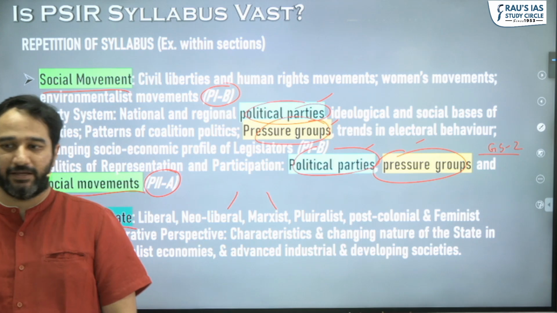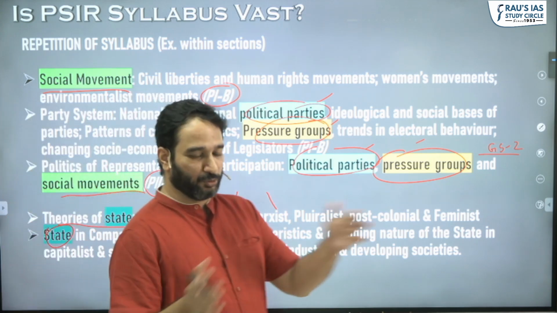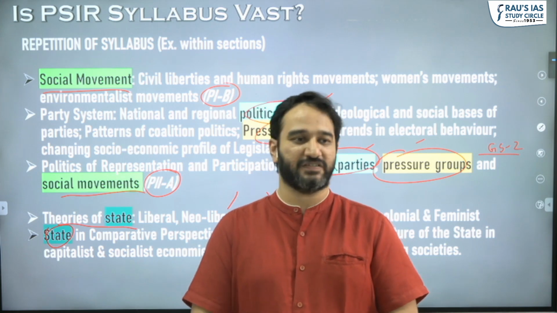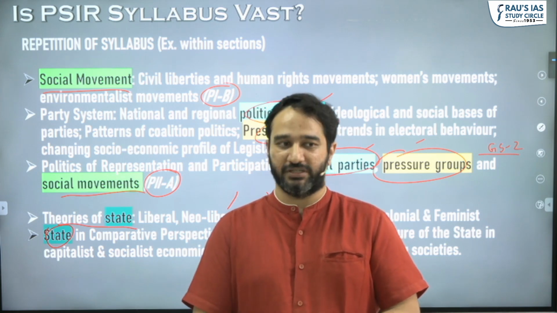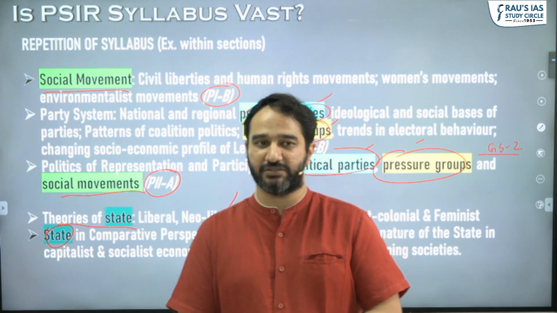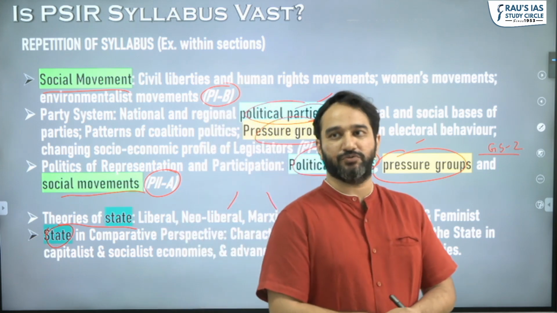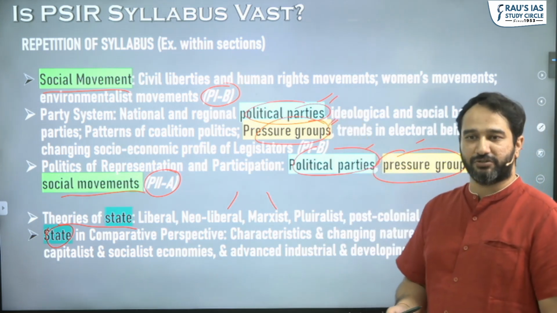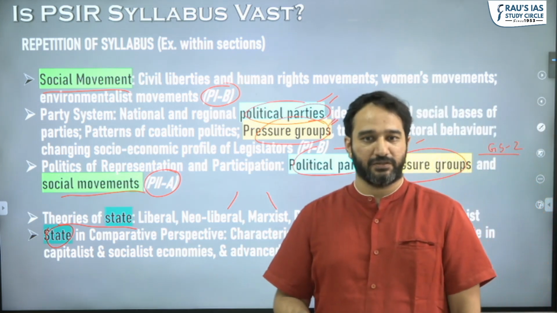repetition. And because of repetition, when you open up the syllabus, it seems way too long as compared to the PubAd syllabus or other syllabi, which is not true. It takes completely 6.5 months, and it has a huge overlap with GS. You're going to be anyways learning political parties and pressure groups for GS. So